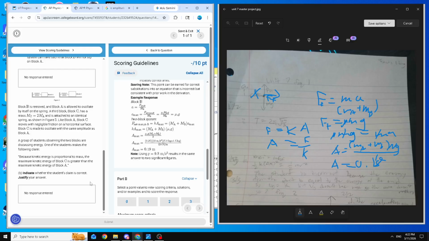Part B is telling us that students are observing the 2 blocks and discussing energy. One student makes the following claim: because the kinetic energy is proportional to the mass, the maximum kinetic energy of block C is greater than the maximum kinetic energy of block A. Indicate whether the student's claim is correct. Just write the answer. So I said that is incorrect because